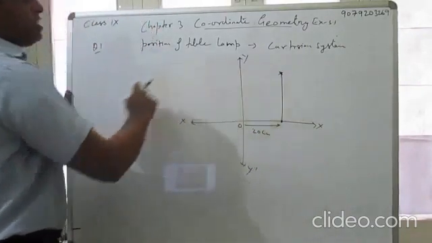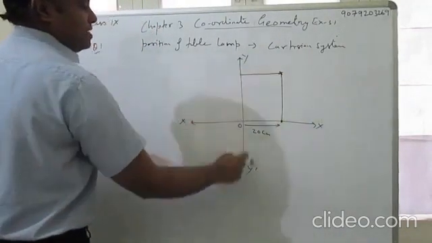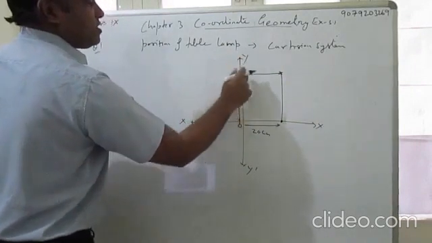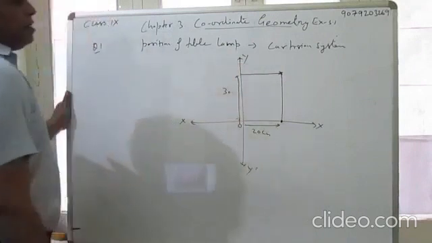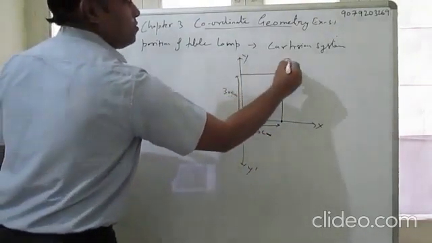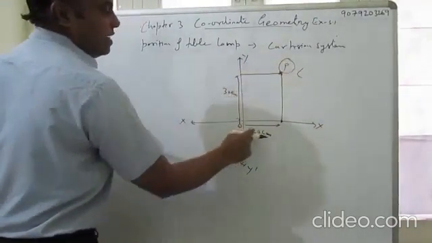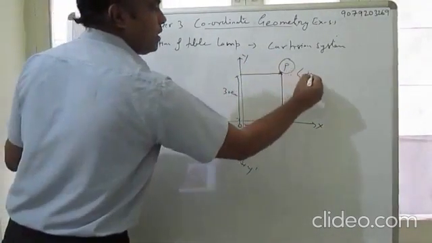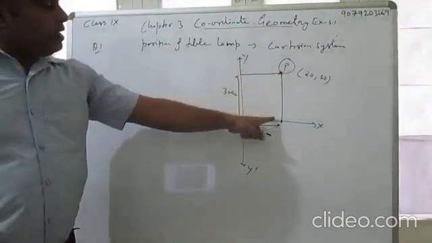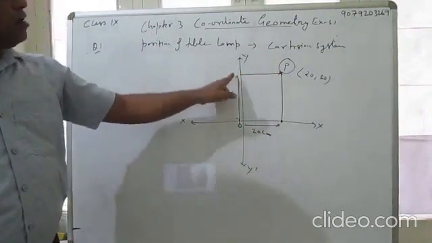How will you calculate the distance from the y axis? Again you draw a perpendicular on the y axis. So this is the distance from the y axis. Let us take it as 30 centimeter. Okay, this is 20 centimeter. So the point P, the lamp, at what position will it come? How will we write it? We first write the x axis value, 20, 30. The position of the lamp in the Cartesian plane is at a distance of 20 from the x axis and 30 from the y axis.